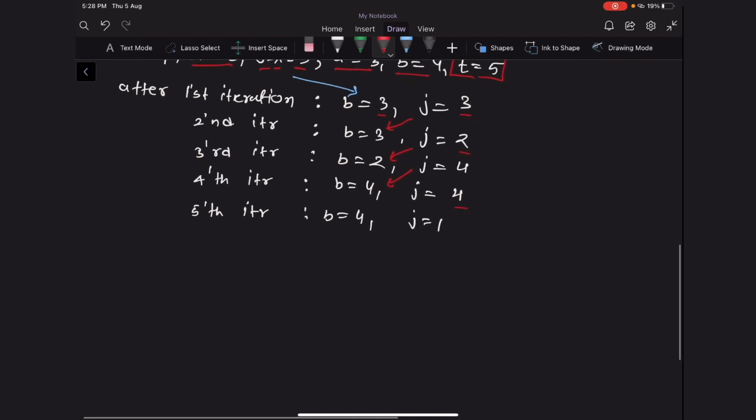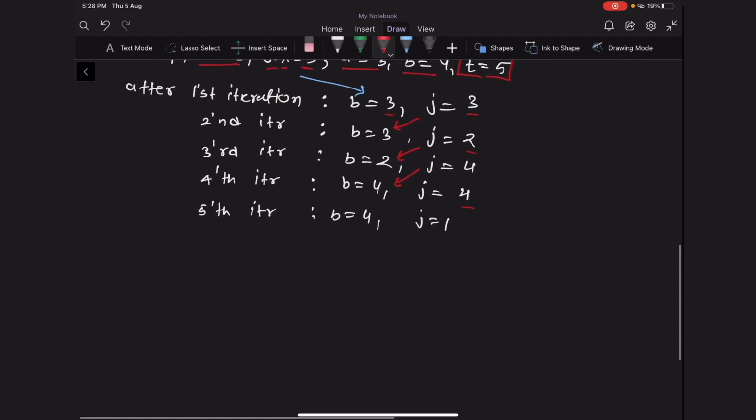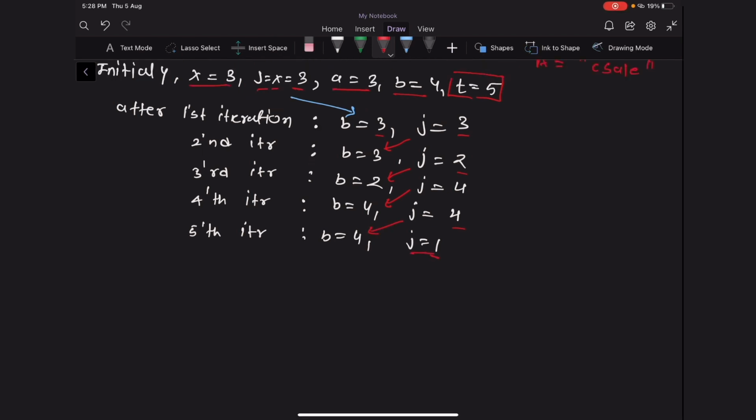And after the fifth iteration, the value of variable b will be equal to the old value of j, and the new value of j will be equal to 4 times 3 plus 4, which is 16 mod 5, so j will be equal to 1. So the initial value of x was 3 and the final value of j is 1, and after the first iteration, a was equal to